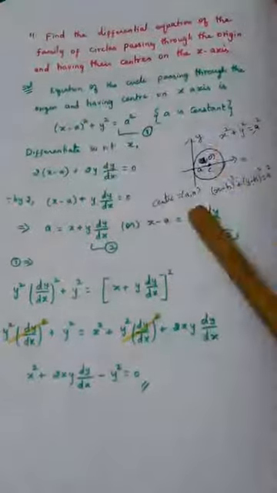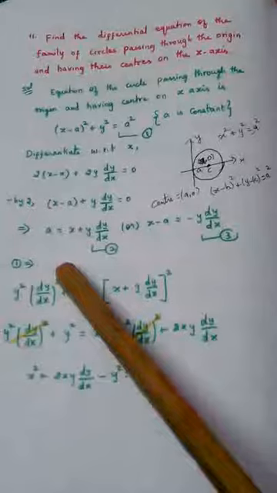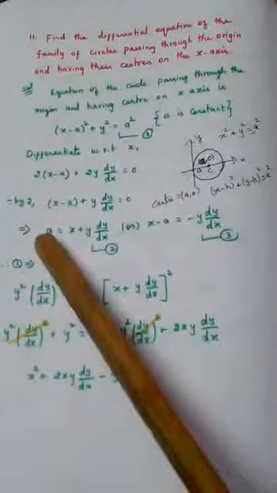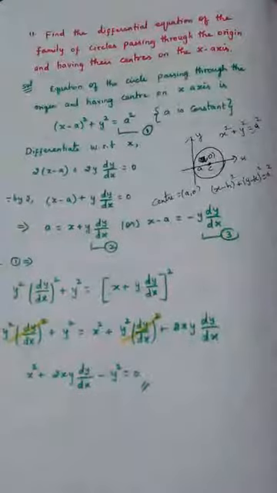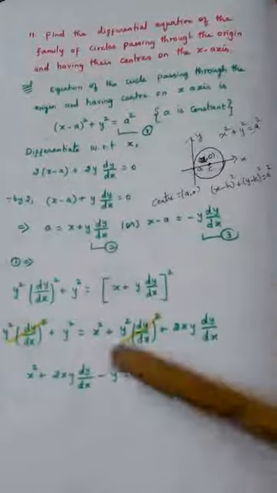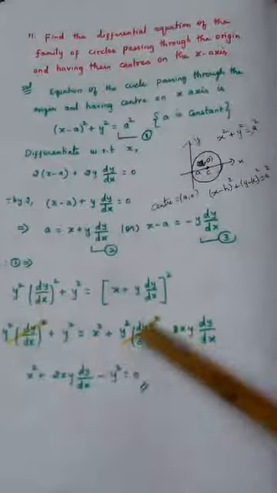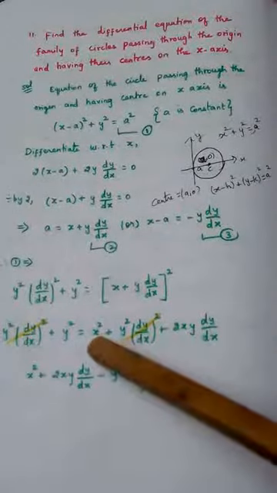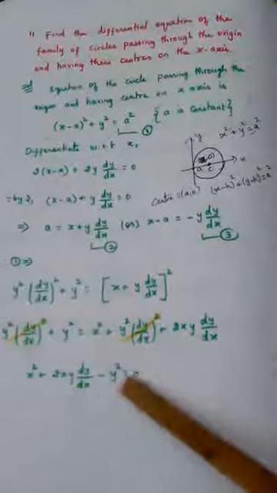Since the square is there, minus will become plus, y will become y square, dy by dx becomes dy by dx whole square. Then plus y square equal to a square, and a value we know from the second equation. So a square means this whole square. The remaining things are simple, just writing this and expanding it using the a plus b whole square formula, a square plus b square plus 2ab. So this and this get cancelled because they are equal and present on the opposite side. The remaining things I am ordering: x square plus 2xy dy by dx minus y square equal to 0.